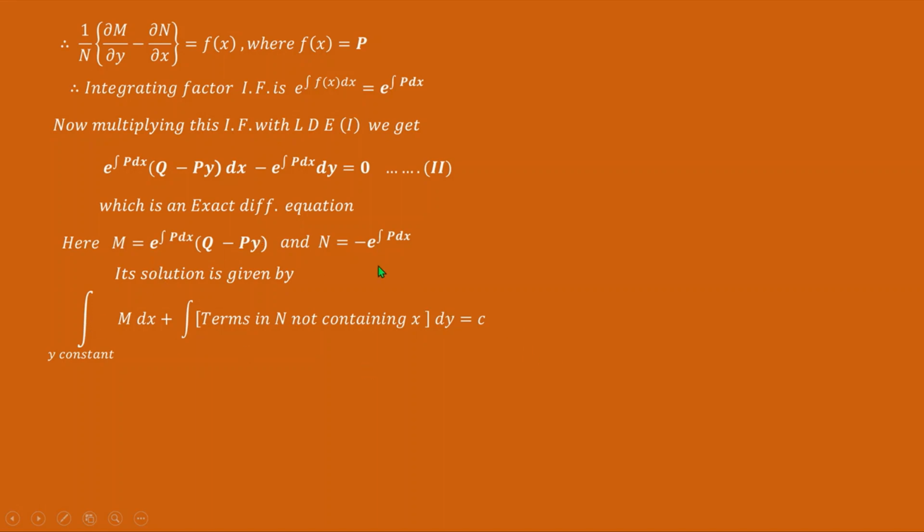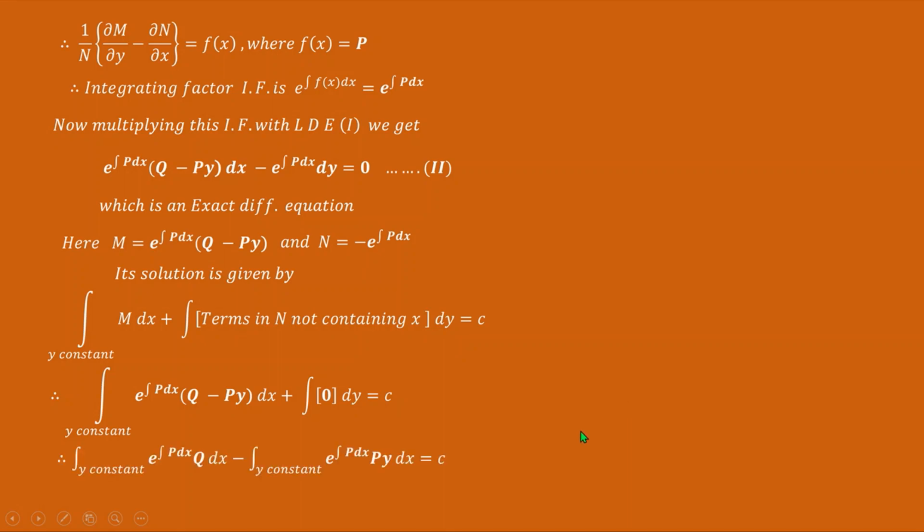Now put the values of m and n here, and so we get integration e raised to integration p dx into q minus py dx, keeping y as a constant, plus integration. Now here we have to write the terms in n not containing x. There is only one term in n which contains x, and so there is no term not containing x in n. So here we get 0 and equal to c, and therefore